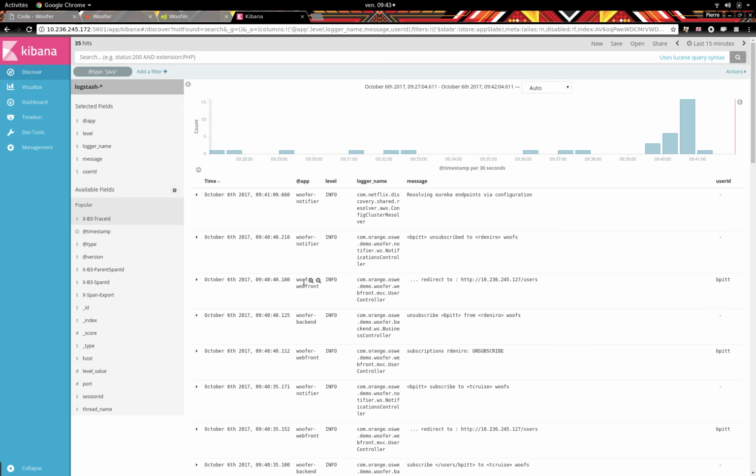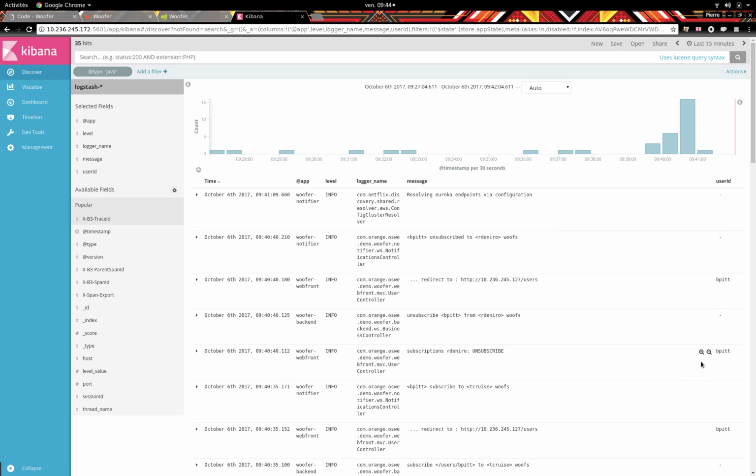So in Woofer web front, the user is authenticated, and when it's processing an authenticated request, it also writes the user ID in the log as information. This is based on an open source library of mine. You can reuse it in your own project, and if you don't like the user ID to be in clear, which is not a good practice, there is a very simple technique to hash it